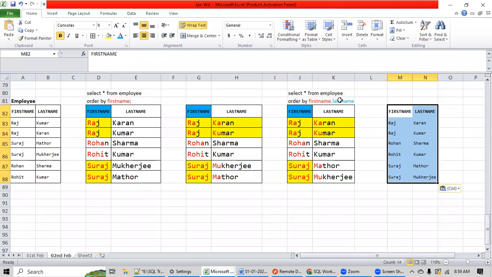So this is the meaning of this query: first of all, sort based on the first name. If in the first name the records are conflicting, then don't take a random decision, take the help of the last name column and again sort it in ascending order and take the decision. So in order by, you can use 2 columns as well. Here you can ask a question: suppose the last name is also the same, like Akash Kumar is a very common name, right? Akash Kumar, they both are same. Then if you have any other thing like first name, middle name, last name, you can add all other columns here.